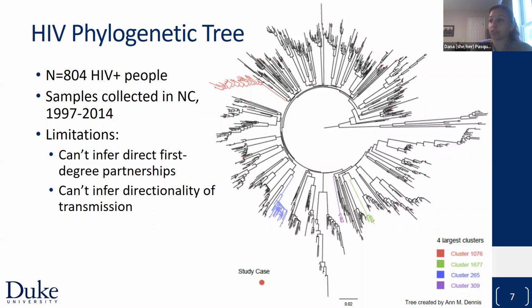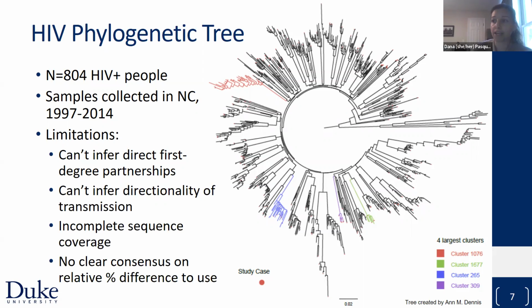I also can't infer the directionality of transmission. I've got 2 people together. When I'm doing a population-based study like this, I can't say that person A transmitted to person B. And again, there can always be a person C in the middle there. Incomplete sequence coverage: not everyone who's infected is sampled, and then not every person who's sampled makes it into your